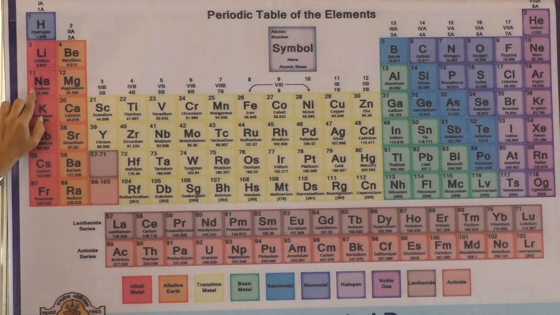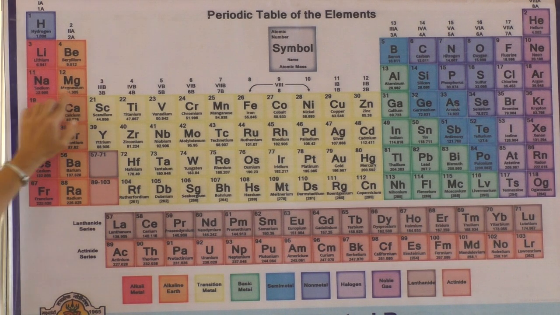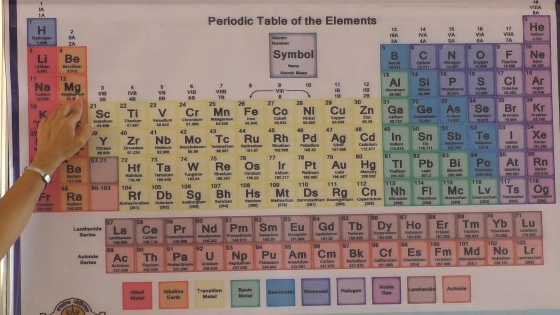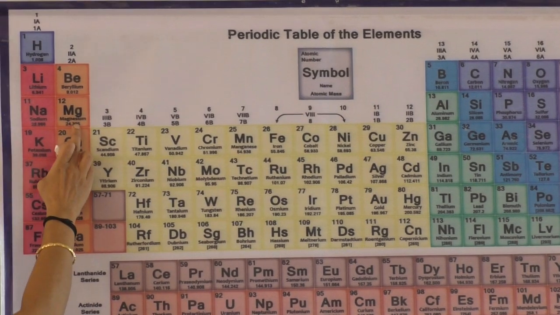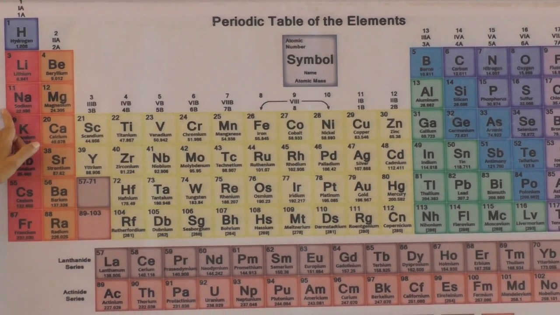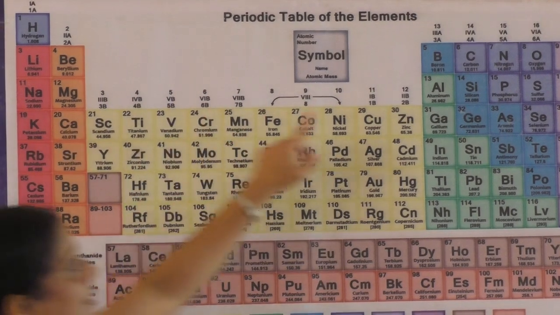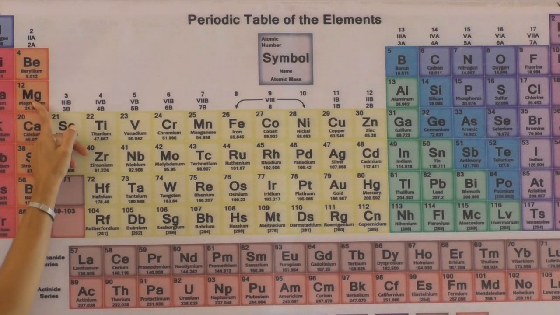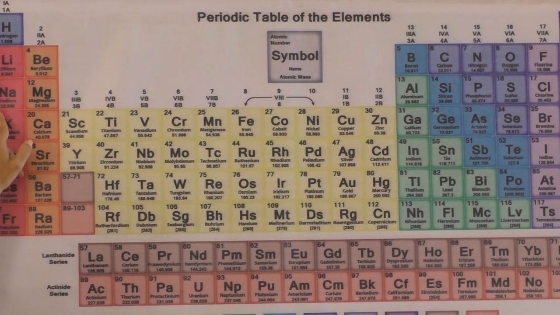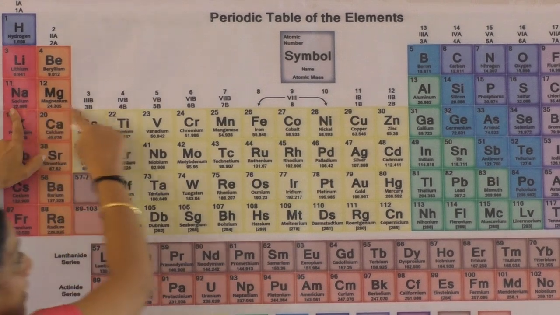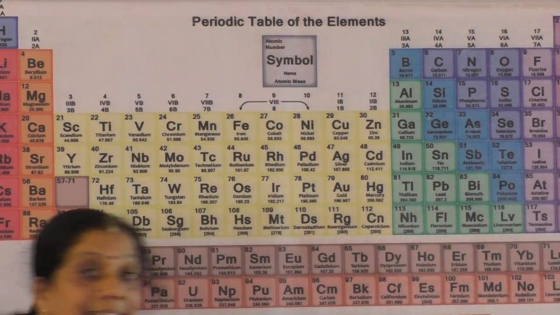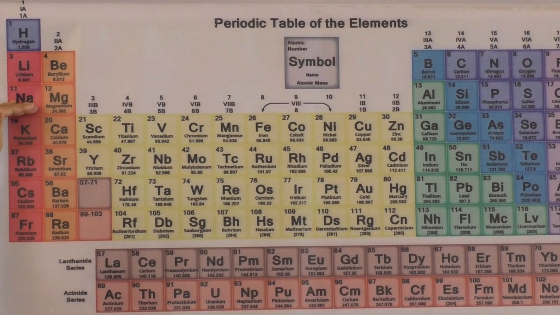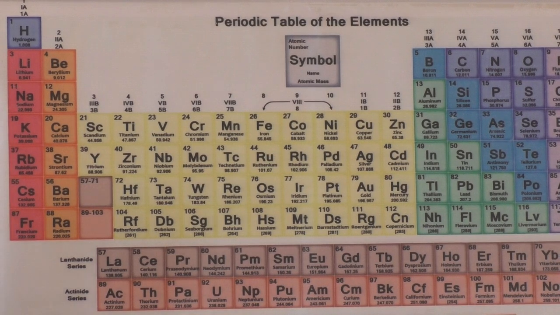Now if you consider sodium, the next element to that sodium is magnesium. What I said now, the atomic radii always what happens? Decreases, isn't it? That means magnesium has a smaller size compared to sodium. Now if I consider aluminium, the size of aluminium is smaller than magnesium as well as smaller than sodium. That means the atomic radii always decrease along the period when we move from left to right. Followed it? Now why does it decrease?